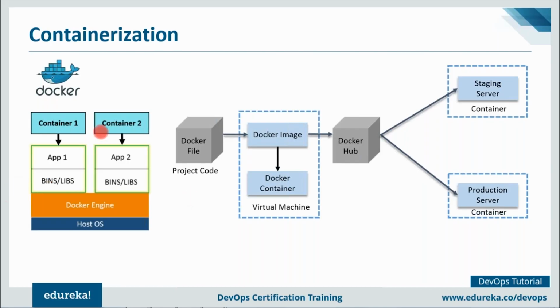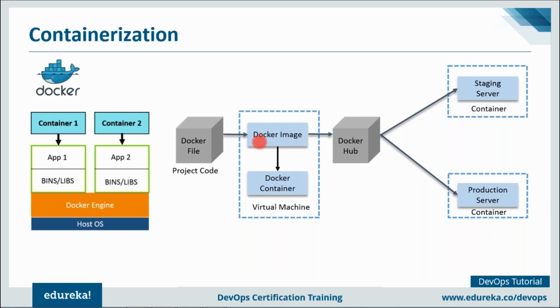So let me discuss a use case of how you can actually use Docker in the industry. Suppose you have some complex requirements for your application. It can be a microservice, it can be a monolithic application, anything. So let's just take microservice. Suppose you have complex requirements for your microservice, so you have written the Dockerfile for that. With the help of this Dockerfile, I can create a Docker image. So a Docker image is nothing but a template. You can think of it as a template for your Docker container, right?